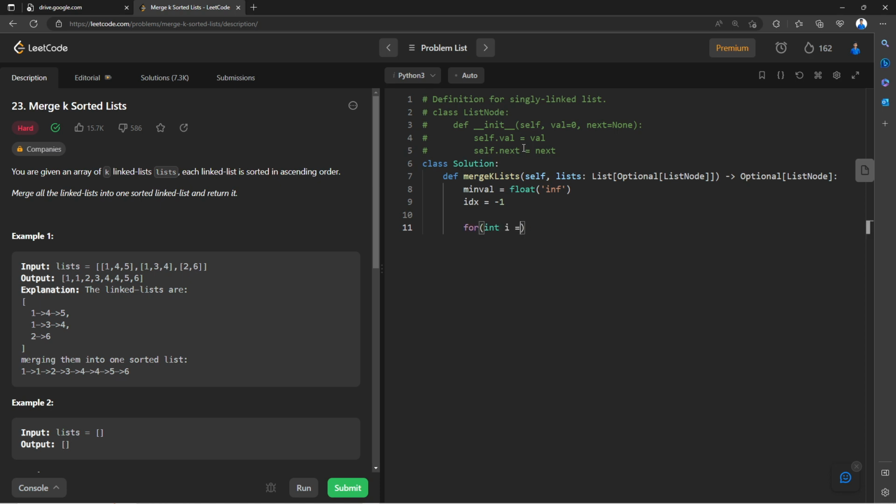For int node here, I can't do this, so I'm going to say for i in range of the length of the linked list, or lists, and compare list of i. First of all, I'm going to check if it is null, if it is None, then I don't need to do anything. I can say continue over here only. We don't need to compare with that value. But if it is not null, then compare it: if list of i is less than min value,